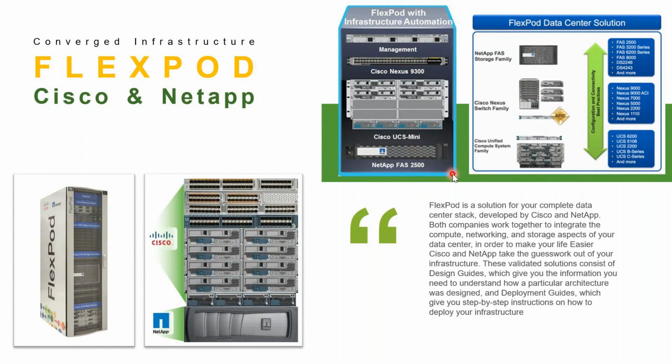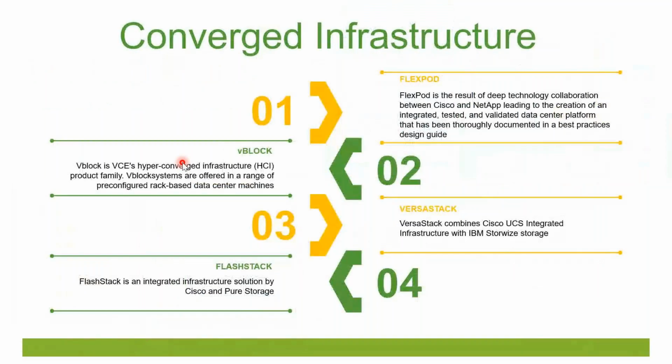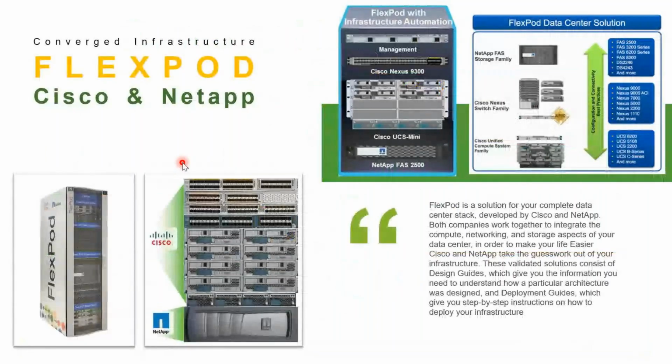The other difference is support. In the three-tier model, the traditional data center, if any issue arises here, you go and raise a ticket with your Cisco vendor. If it is with NetApp, you raise a NetApp ticket. But here, there is a centralized team deployed by these vendors. You can raise it and get it sorted with that one vendor.